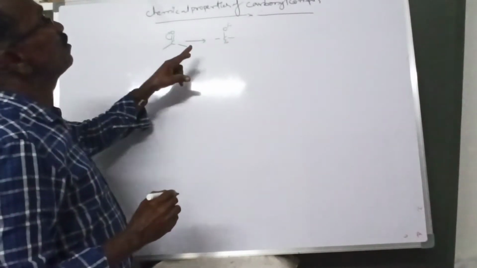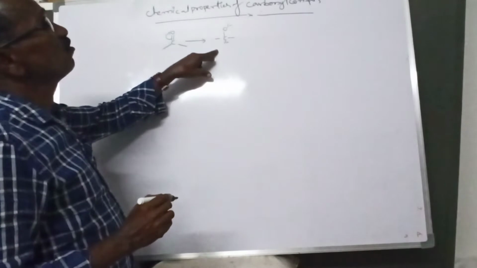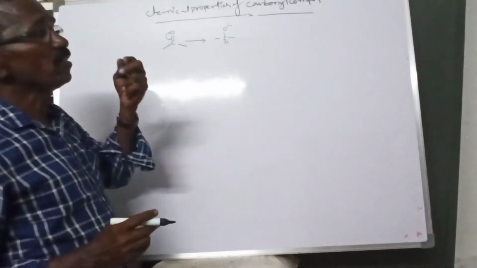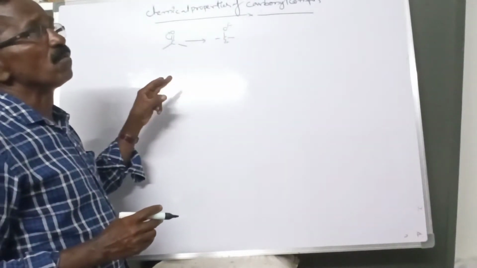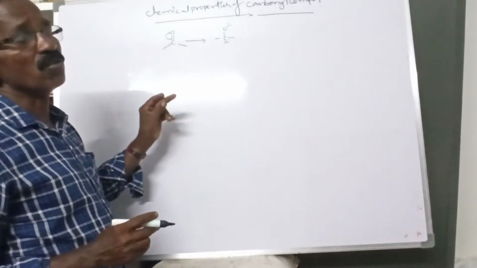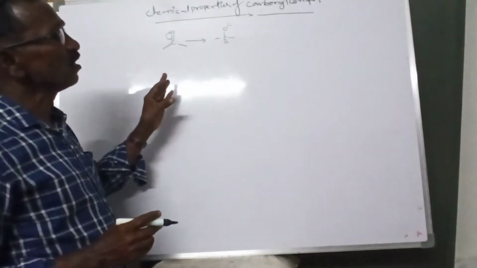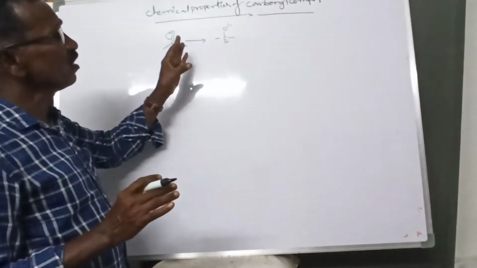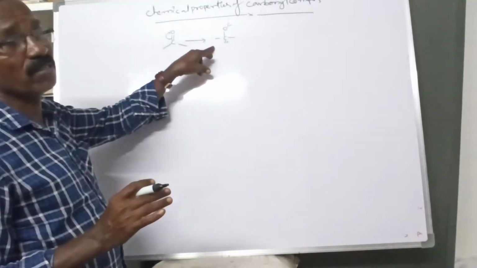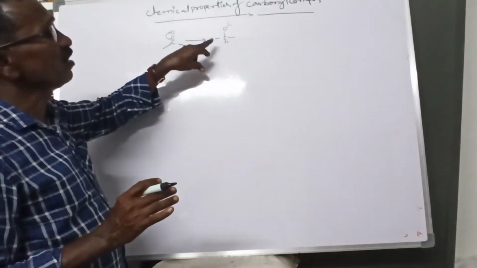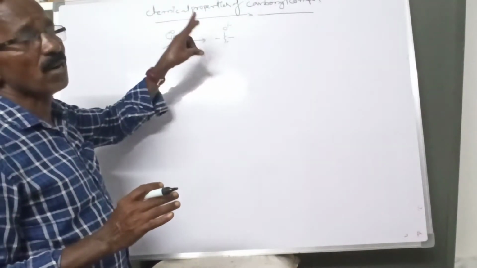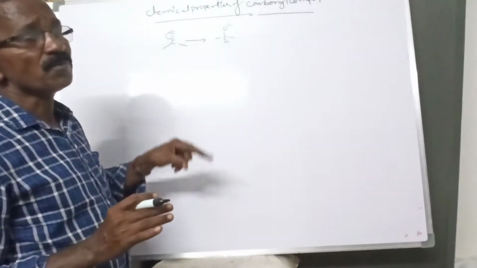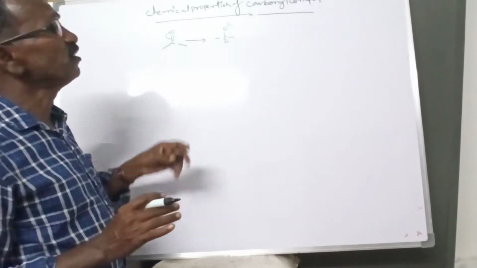These carbonyl compounds generally undergo nucleophilic addition reactions. We know what a nucleophile is. Nucleophiles are atoms with high electron density. Nucleophiles generally add to atoms with less electron density. The carbonyl carbon has less electron density, so the nucleophile first adds to the carbonyl carbon. So all carbonyl compounds undergo nucleophilic addition reactions.